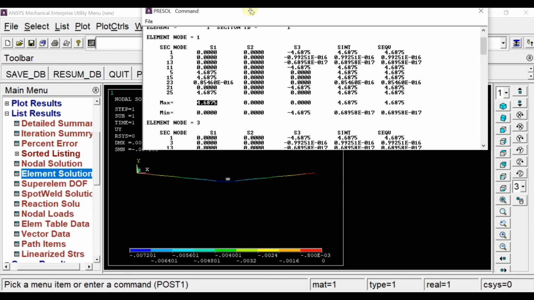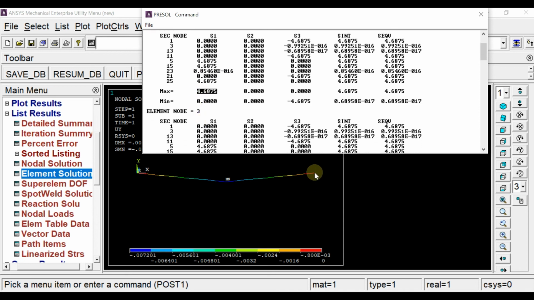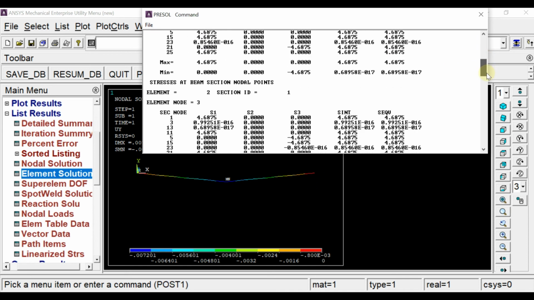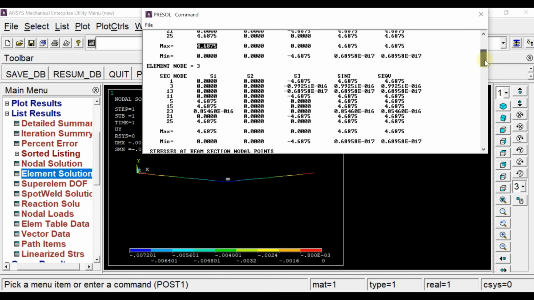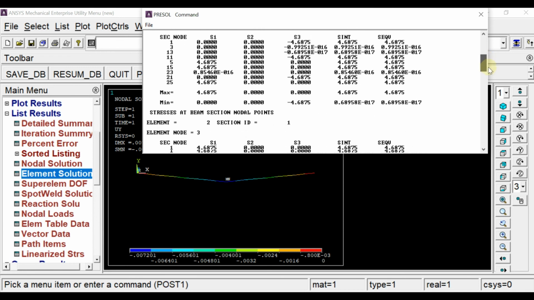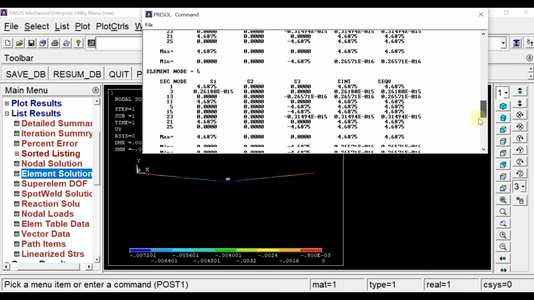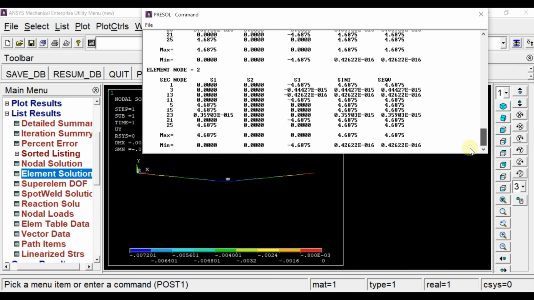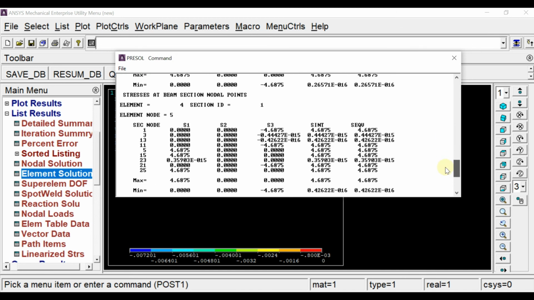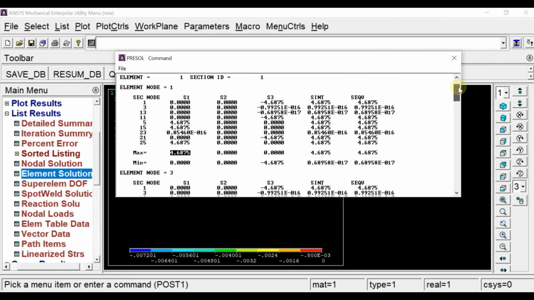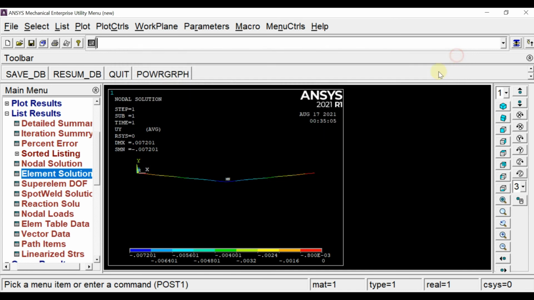Node 1 is this, and node 3 we have made this. Whichever value is maximum, we have to write that value. 4.6875 seems to be the maximum. That's the value 4.6875 for this solution. For yours it will be different, but for this it's the same.